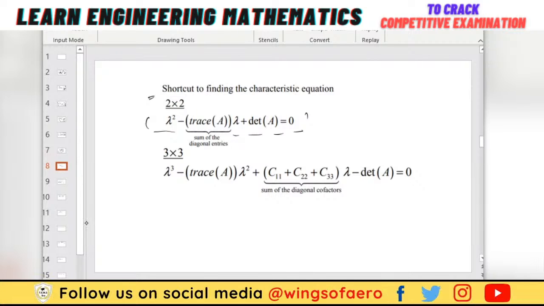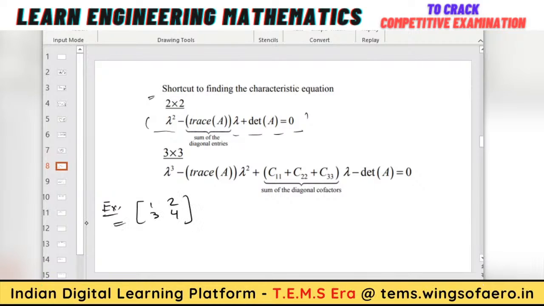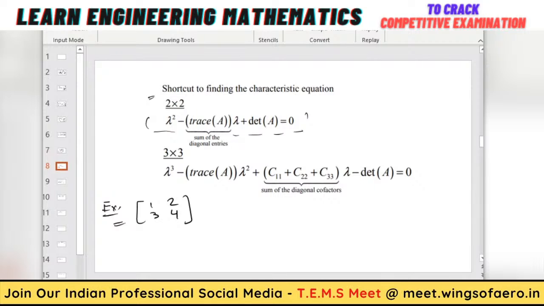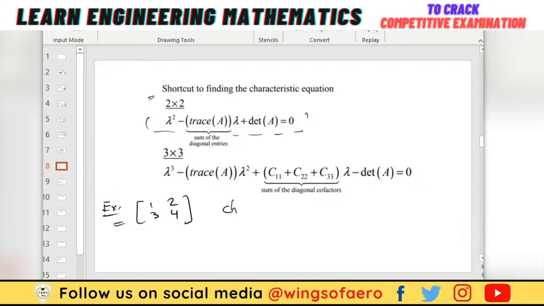Okay, first, simply, one second, I'm giving an example here. Suppose 1, 2, 3, 4. What is the characteristic equation of 1, 2, 3, 4? Because without finding the characteristic equation, you can't find out the eigenvalues. So simply use this formula, lambda square. So the characteristic equation is